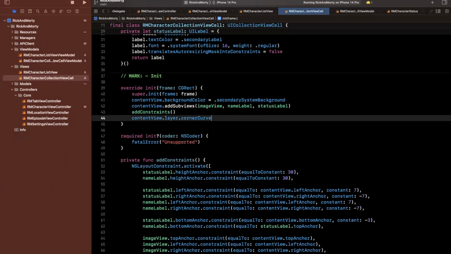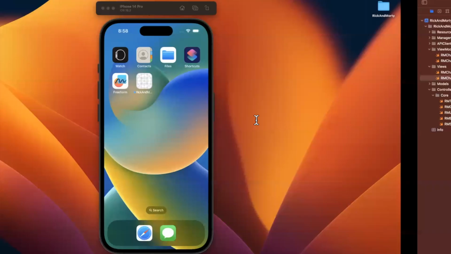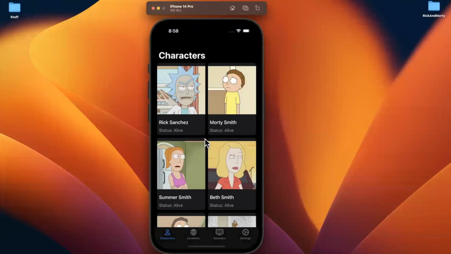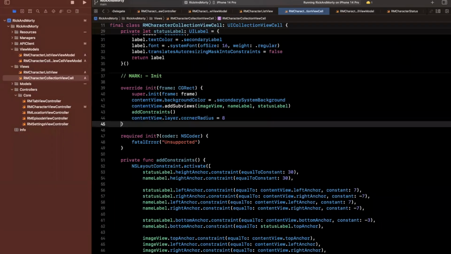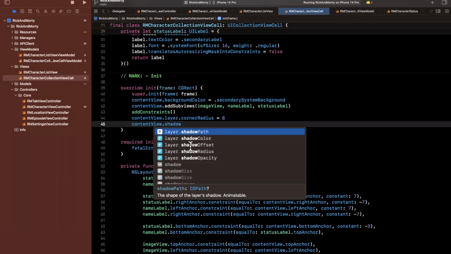I'm going to say corner radius, and we're going to set it to perhaps 8 and take a look at what that looks like. So we now have these nice rounded corners. You can also play with the shadow. There is a way to also do that. I believe, if memory serves, there is a layer